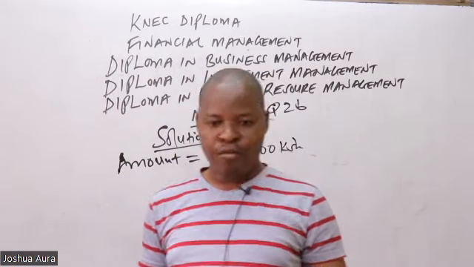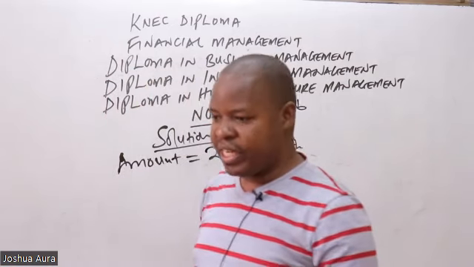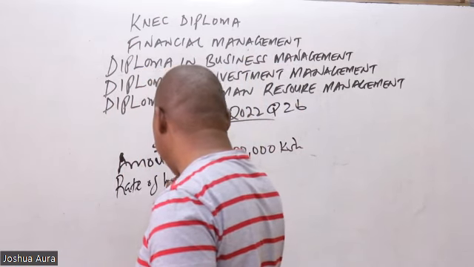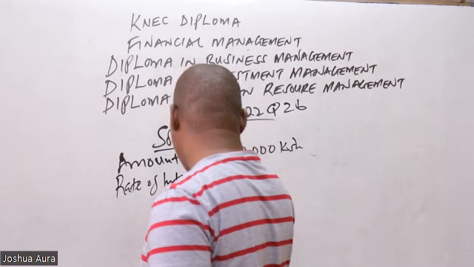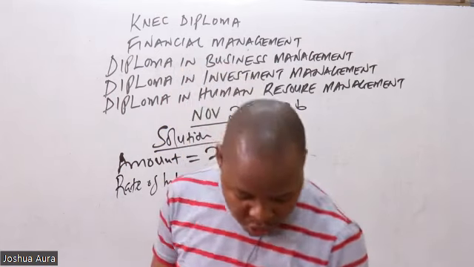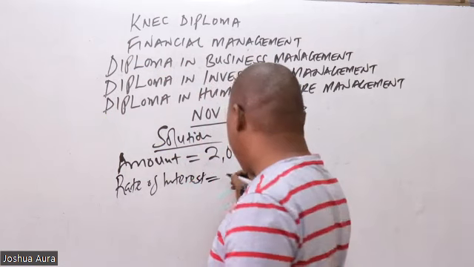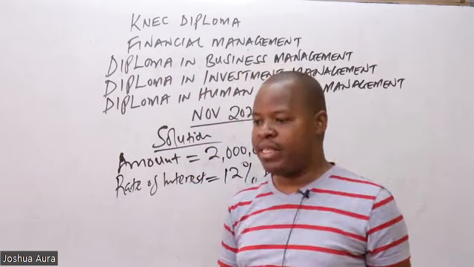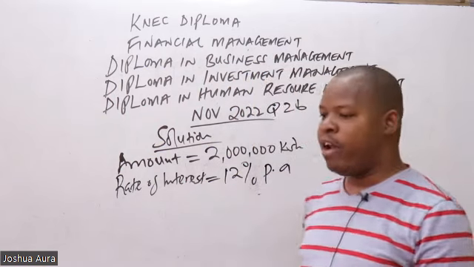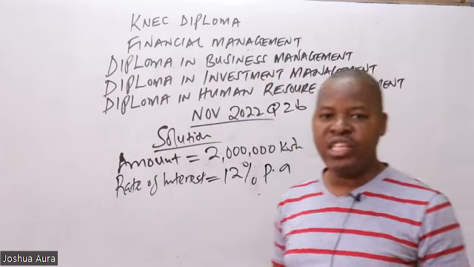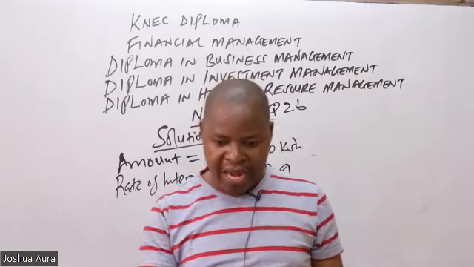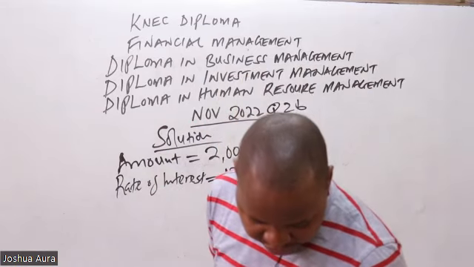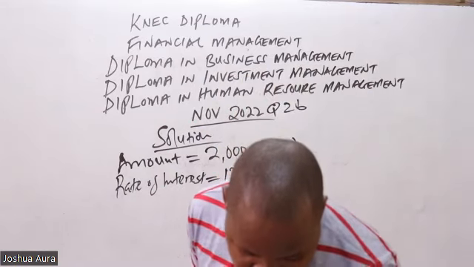And what is the rate of interest per annum? We have been told it's 12%. The rate of interest is 12% per annum. And we are also told in that question that the loan is to be repaid in 3